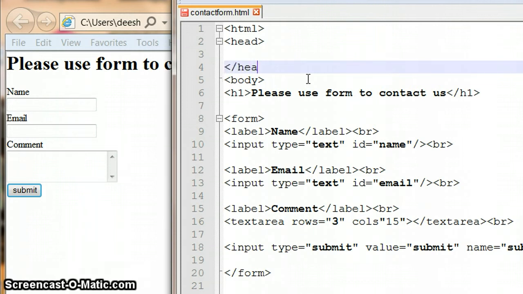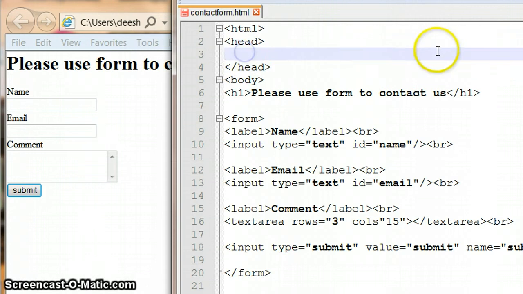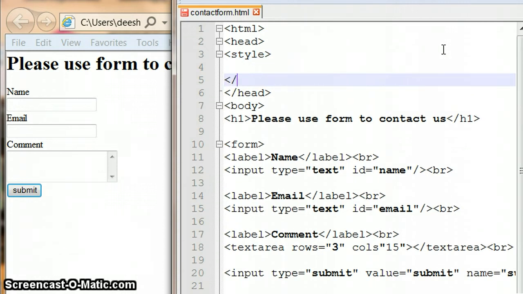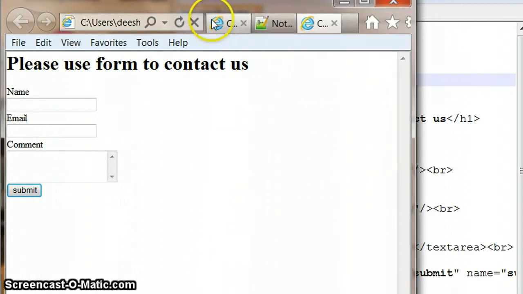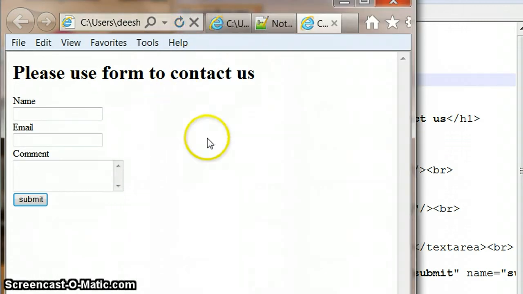So I'm putting in my opening and closing head tags. This is just giving some information about the file to the browser, and then within here I need to say I'm going to give you some style information, so we have to write the opening and closing style tags like so. So I'm going to save this, refresh this, and it shouldn't really make any difference to what we've got so far,